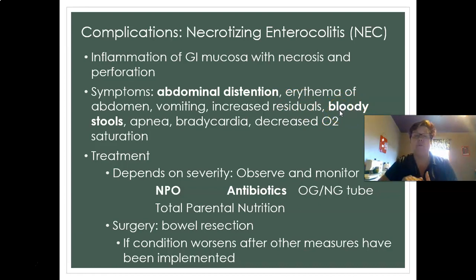So many times while preemies are in the NICU until they reach a certain age and are stable, we will do bedside tests of their stool for blood. Another common symptom is erythema of the abdomen, which means that their abdomen just changes color. It gets this purplish discoloration, and so that's a key symptom. As it progresses, they're not going to tolerate their feedings. They're going to start to vomit. We're going to see increased residuals,